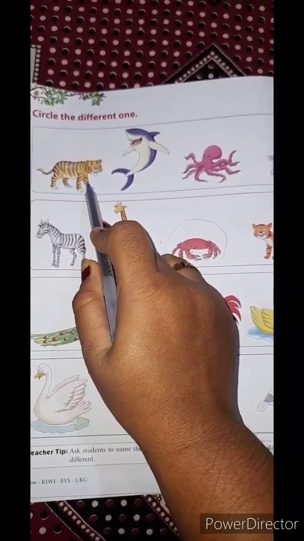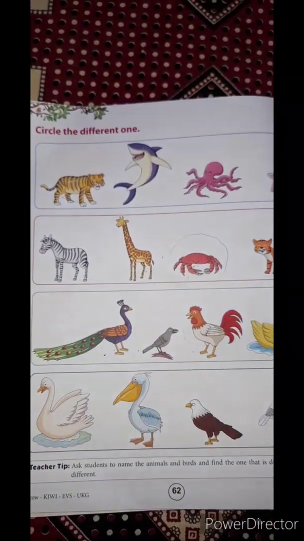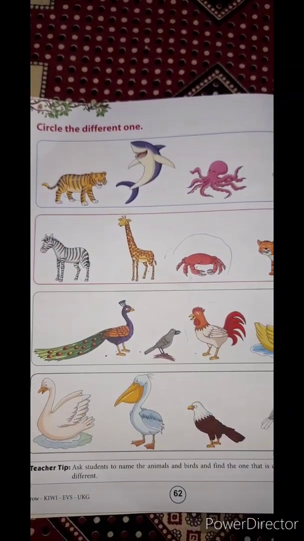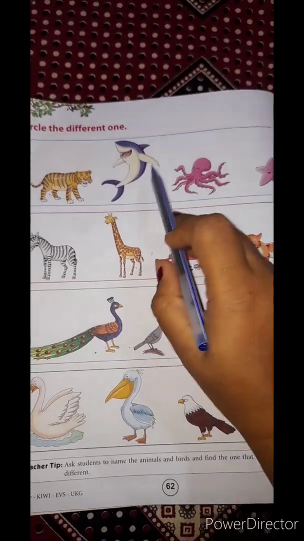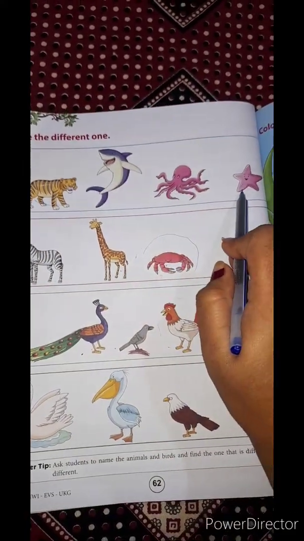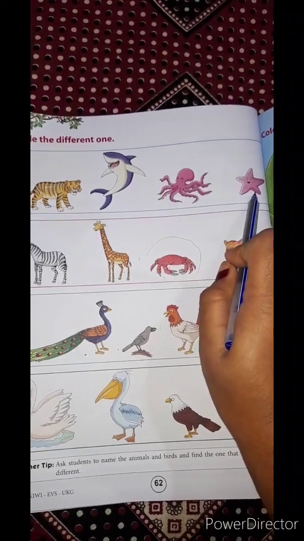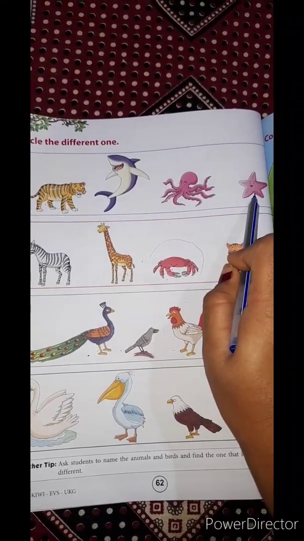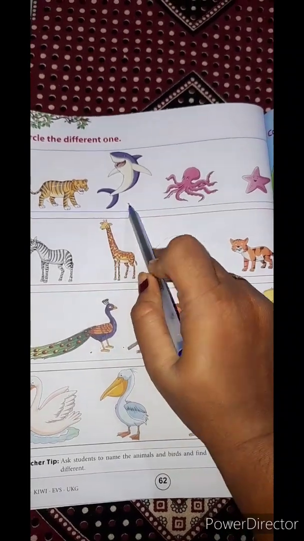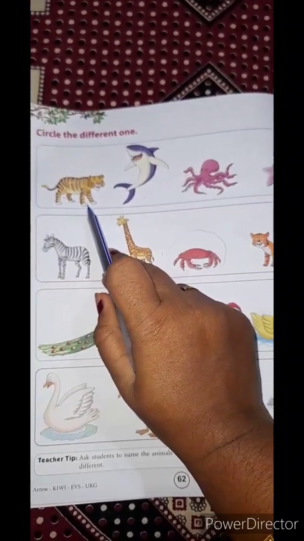This lives on land. And this shark, octopus, starfish, these three animals live in water. So these are called water animals and this is a land animal.